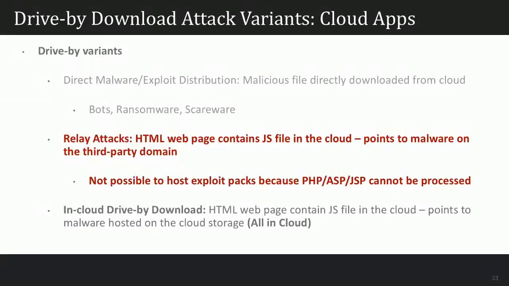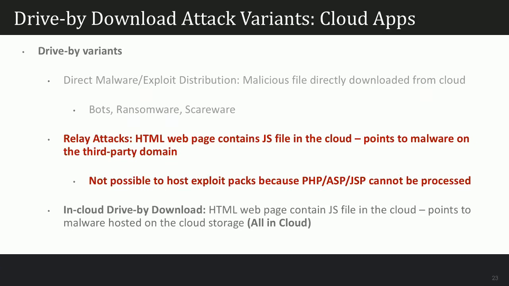Relay attacks, which means that you can host some sort of application code, whether it's HTML or JavaScript code, on the cloud app. And then whenever the phishing attack happens, the link goes to the cloud app, but the malware is not hosted on the cloud app. It's simply acting as a hop channel. So the JavaScript code will be running there in the backend because certain cloud applications allow that, and from there onwards, you'll be redirected to the malware-driven website.